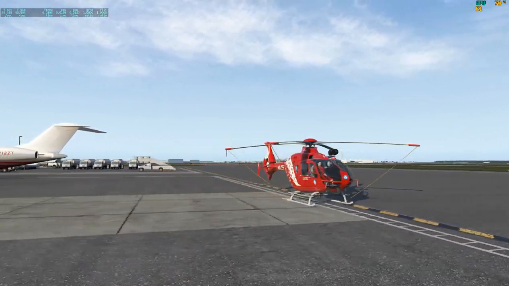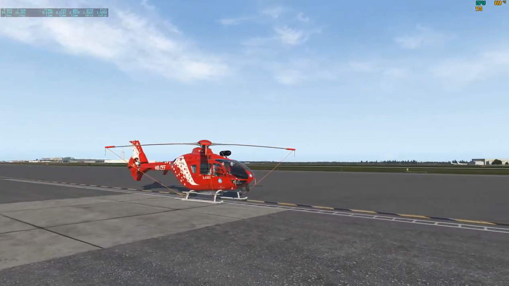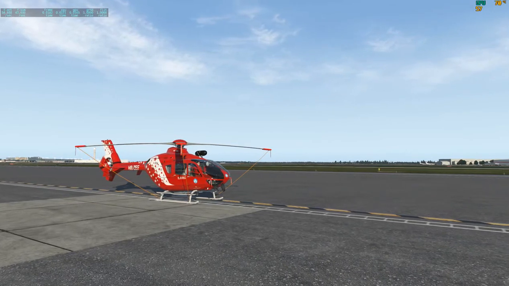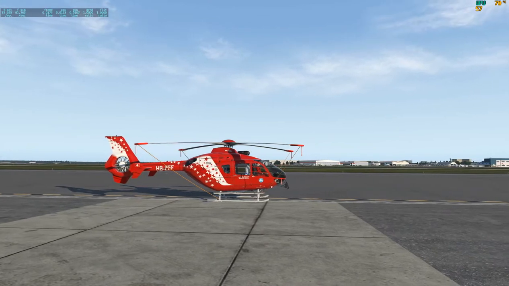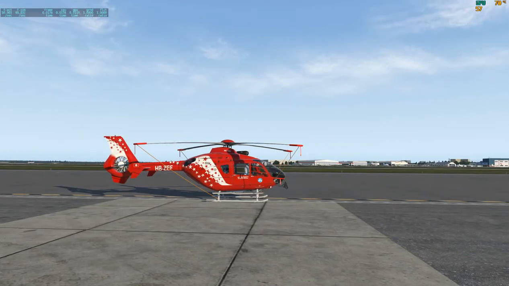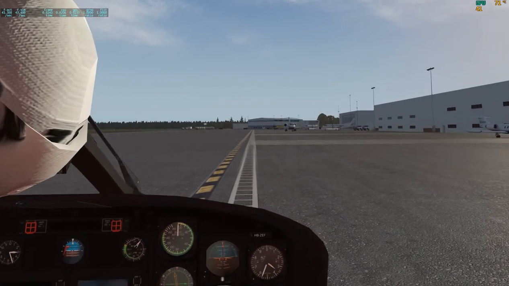The add-on scenery is by CXP, I believe. Don't quote me on that, but I will put up some links here for this airport, along with the EC135 through Rotor Sims. I have put up links before on previous videos. But anyways, this is just the outside of it, how it looks, and we're using the Air Zermatt livery. And of course we have the medic in the back, and pilot and co-pilot. So let's go ahead and jump inside and give you a look at what this TrackIR allows